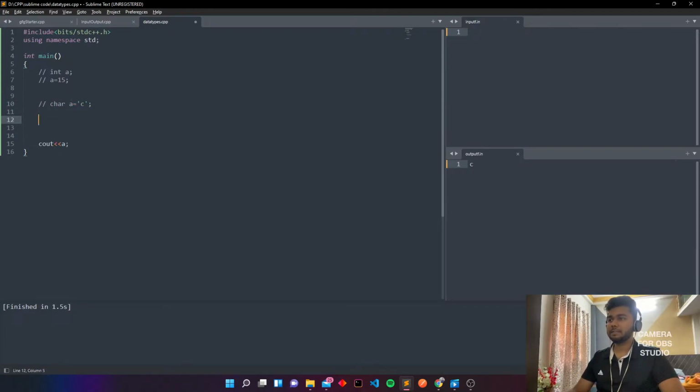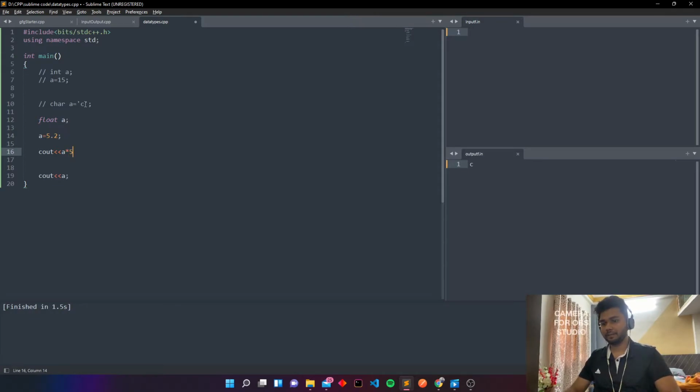Now the third is, what if we want to use decimal values. Here we use float a, you can simply define a, and now a is equal to 5.2. If you want to print 5.2 into 5 into 6, cout a into 5 into 6, then you can see here that 331.2 is the answer.